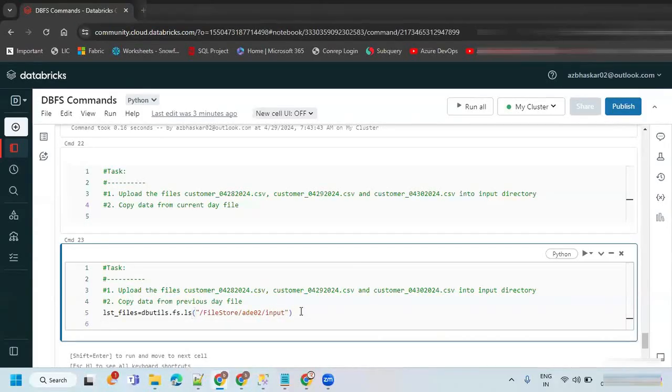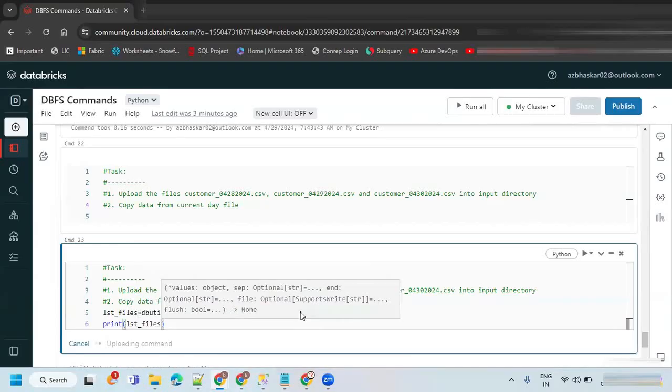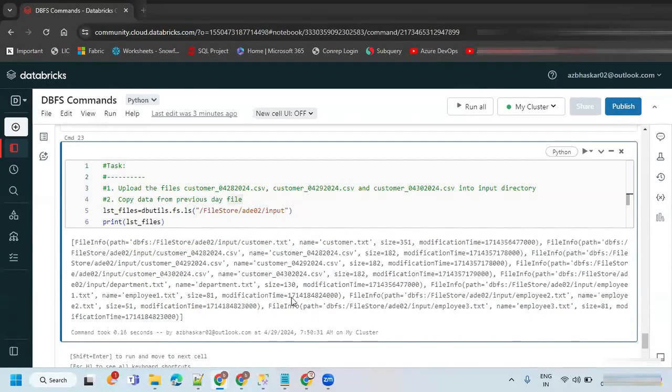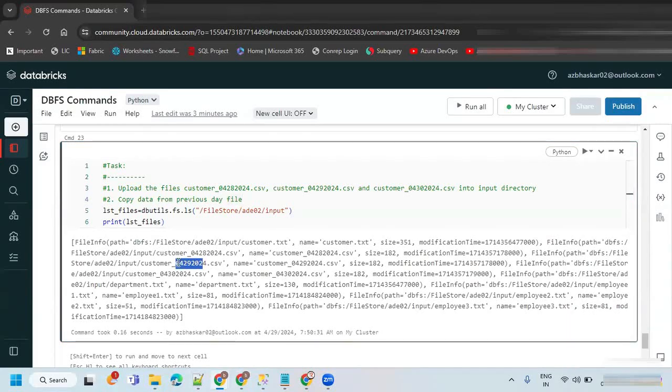Now if I print lst_files, you have all these files. But I wanted to take only the files having some data. Otherwise, I don't need it. Just leave it as this at this point of time.